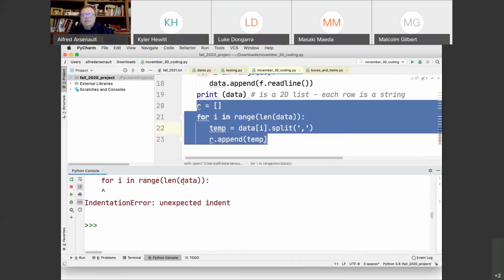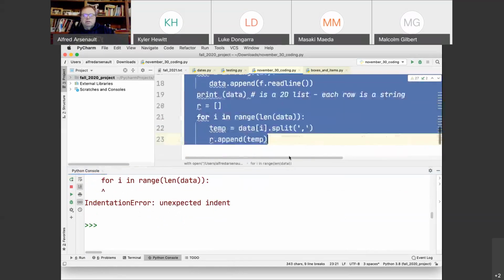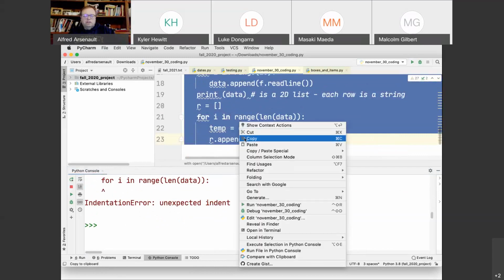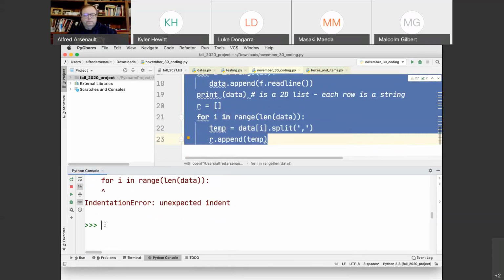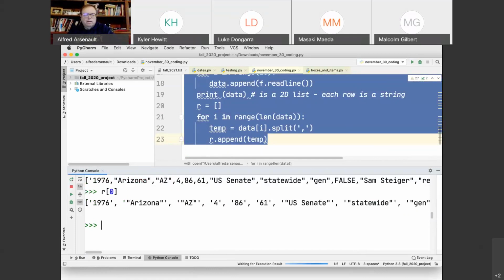Probably going to get an indentation error. Okay, that figures. Let's fix this here. All right. So now, what is R sub 0? R sub 0 is a list. This string is the first element. This string is the second element. Now R sub 0